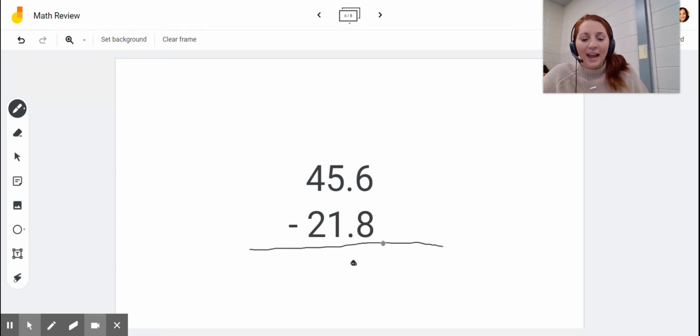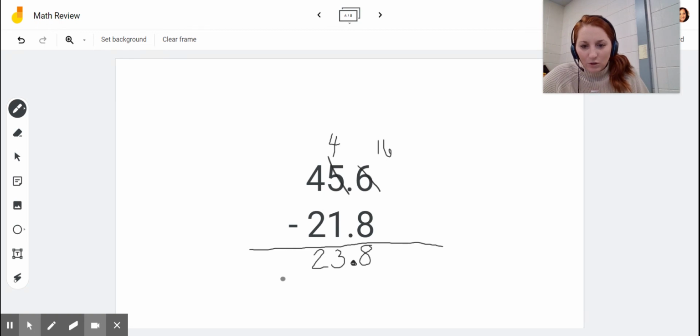6 minus 8. Got more on the floor. I got to go next door. My 5 would become a 4. My 6 would become a 16. I took 10 away from here, I add 10 here. 16 minus 8 is 8. 4 minus 1 is 3. Got more on top. No need to stop. Then I have 4 minus 2. Got more on top. No need to stop. 4 minus 2 is 2. And there you go,